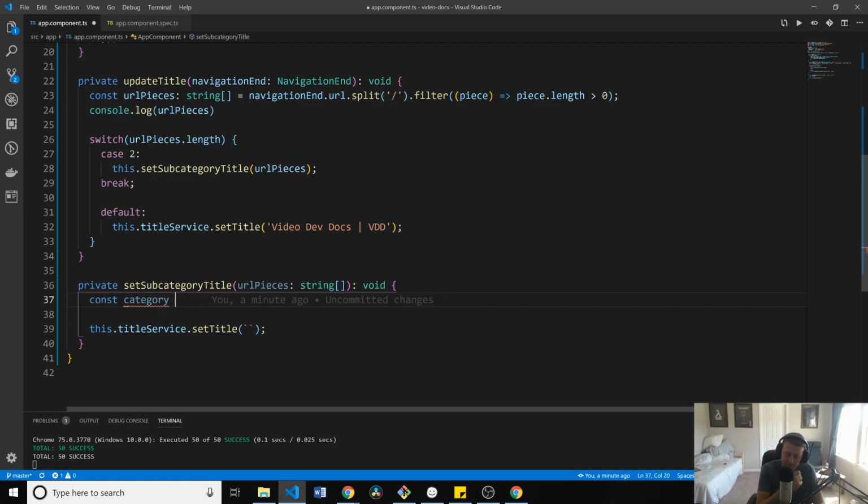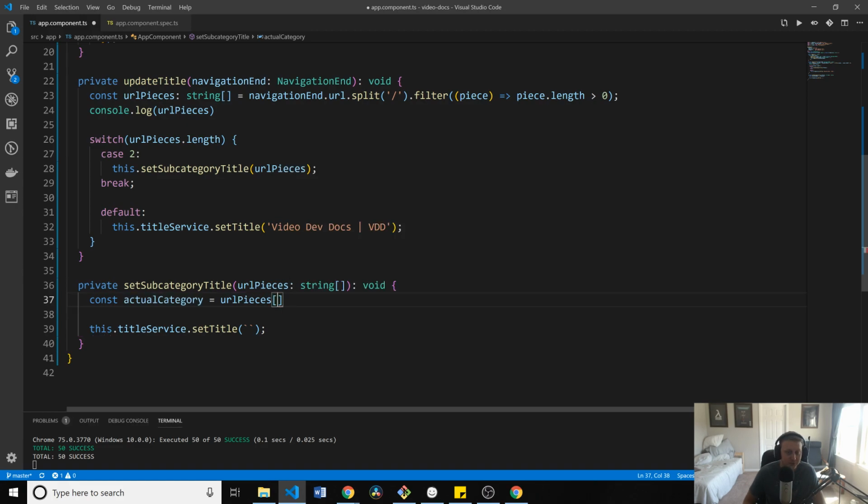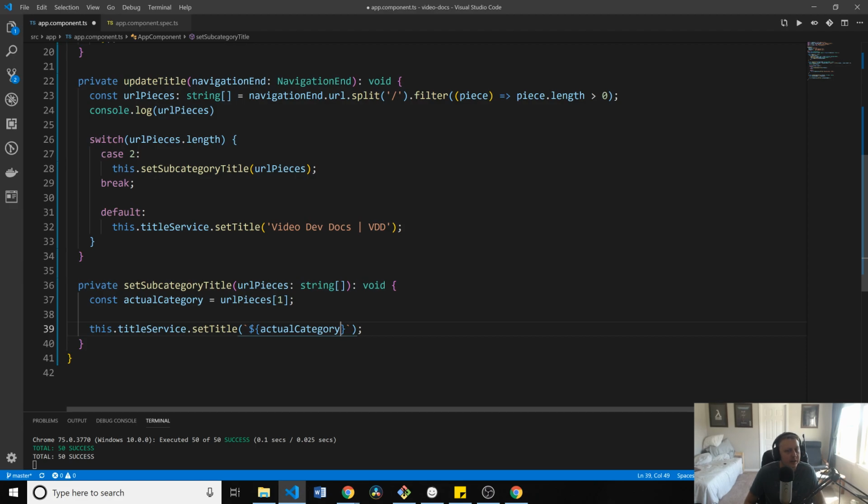So in our case here, we are going to have a category, which is going to be... All right, this is what I'm going to call it. Actual category. Oh, my goodness. Is equal to URL pieces 1. And what we're going to do here is pass in actual category. And then we're going to do VDD for video dep docs. So if I did this right, on our category pages,